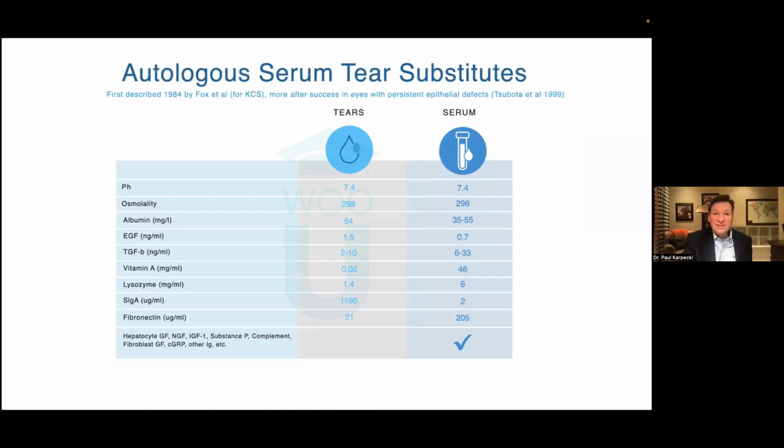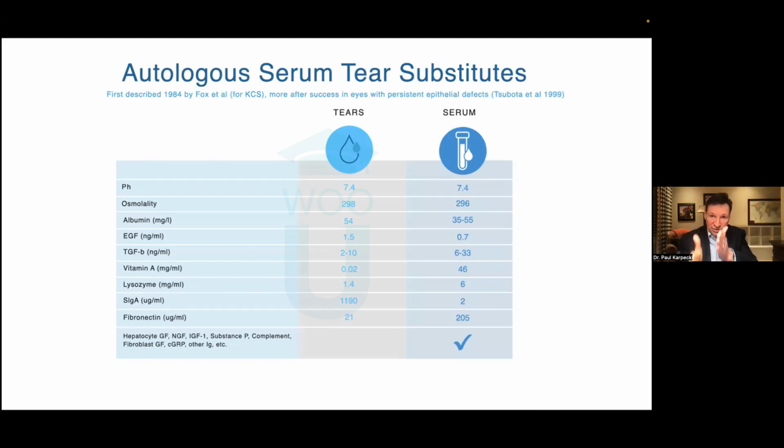Autologous serum. The only thing you have to know about autologous serum is the concentration. And for the majority of patients, when you order these, there's these national outfits, and this is just showing you what I tell patients. You have what's called Sjogren's syndrome, or KCS. Your lacrimal glands are scarred from this autoimmune disease. And the lacrimal glands have a lot of blood vessels running through them. It's called very vascularized. They take the serum from the blood vessels and they make tears. That's how all our tears are made. And in your case, you just don't have enough. So we're going to get your blood drawn, take the serum out, just like your lacrimal glands would do, and make your own tears. Patients seem to get that.